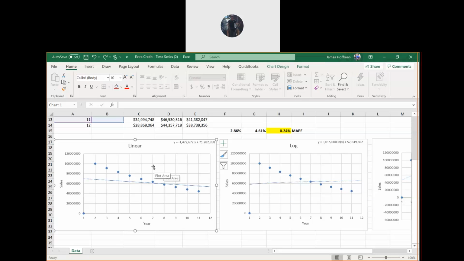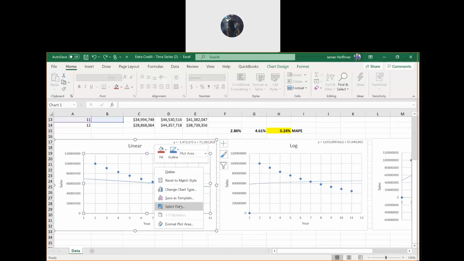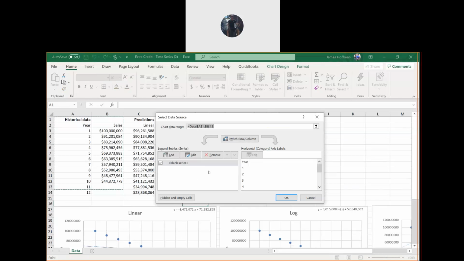Click on the chart and right-click it and see where it says Select Data. Choose that, and you've got the data selection a little bit off.